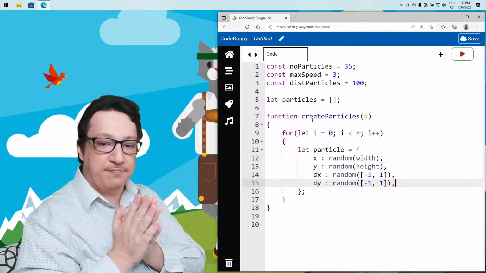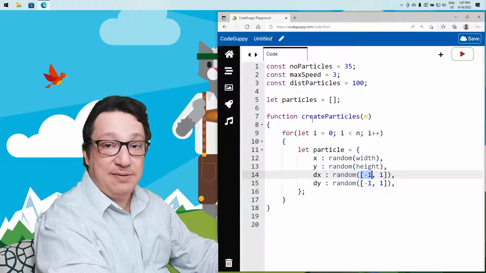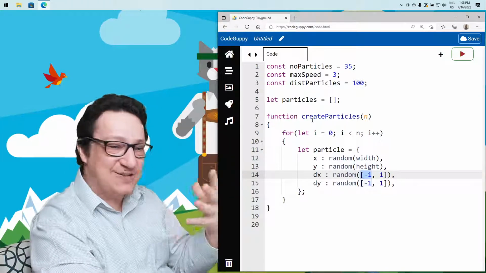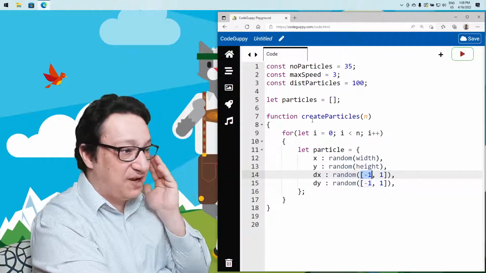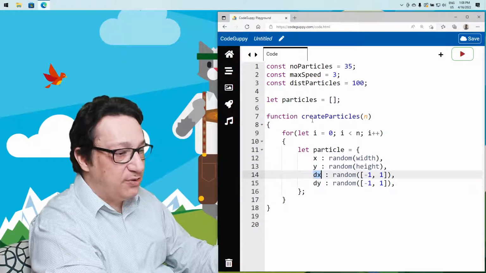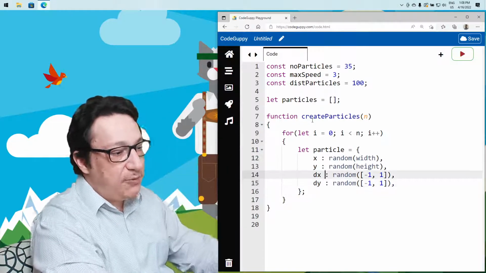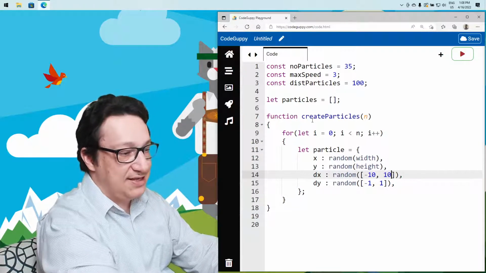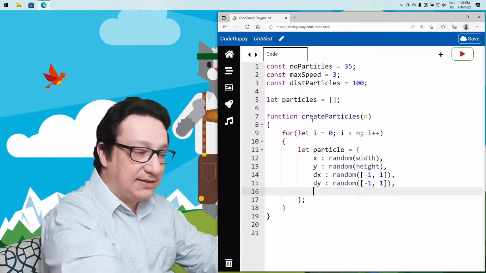So we have dx and dy. What can we have here? First of all, because we selected dx as being -1 or 1, it's okay. Sometimes we prefer to do it this way because dx also has a meaning of direction, and -1 and 1 are enough to represent the direction. But if we just add x with dx like we did on the paper, the particles will move very, very slowly. So either we modify here, for instance, these are the two values for the dx, which is okay, or we can have another kind of